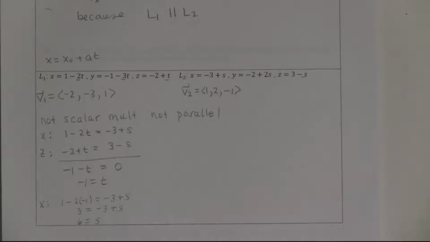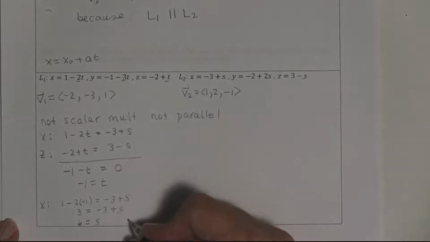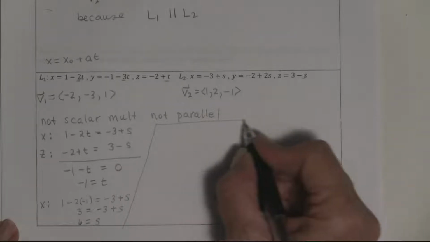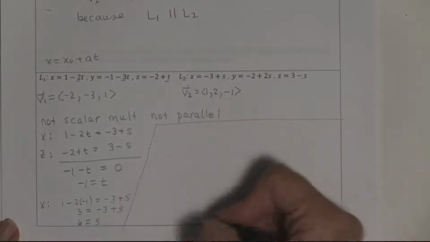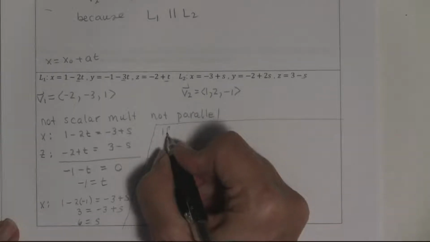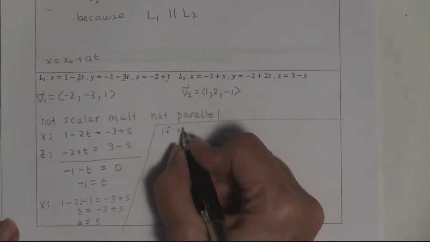And so now the next thing I want to tell myself is if they intersect, then t would be -1 and s would be 6. But I don't know for sure that they intersect. And so I'm going to see if they intersect, because they would be at the same point when t is -1 and s is 6. People in class have already told me, make your boxes bigger. So I'm going to draw a line so I can use this space here to put my stuff in. But if they intersect,